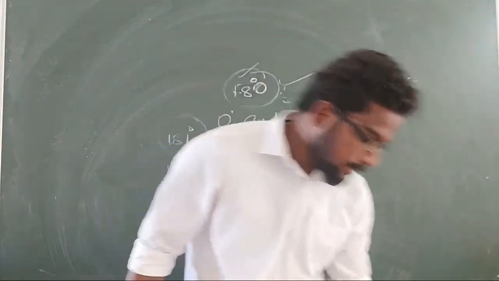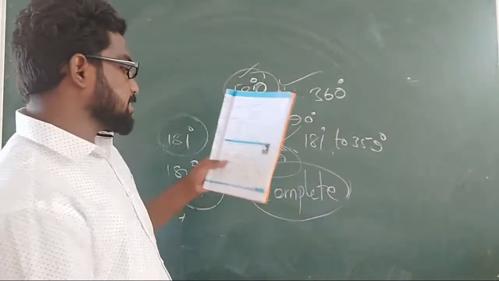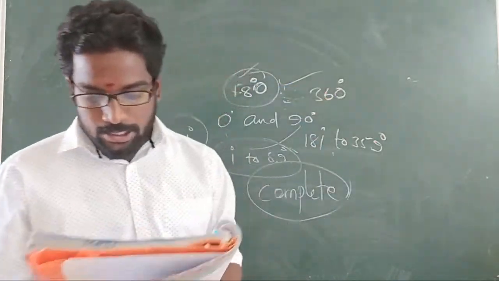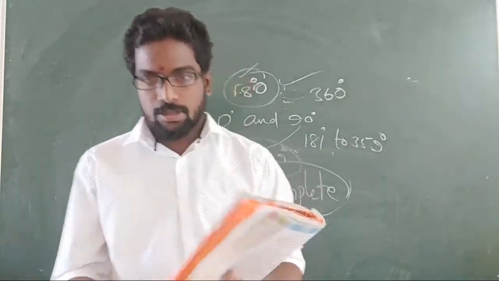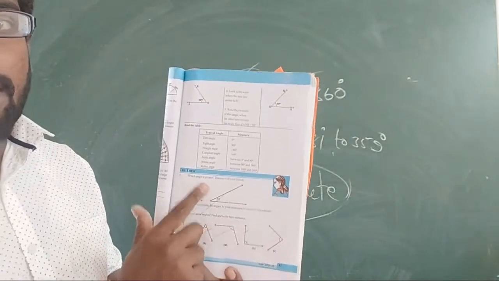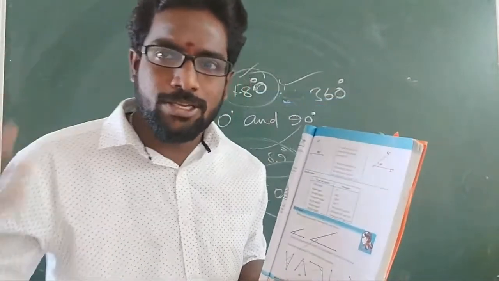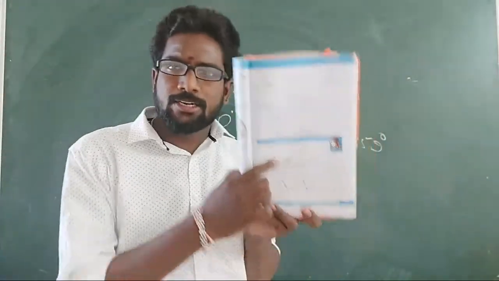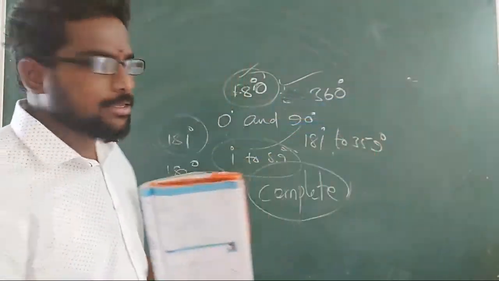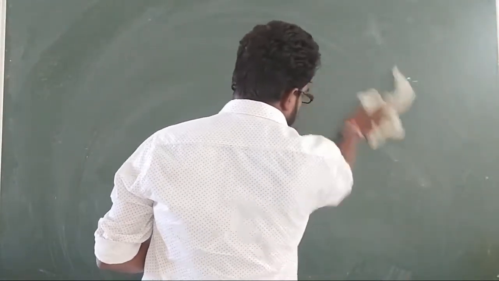Next, Try This. First one: which angle is greater? Discuss with your friend which angle is greater. By measuring the angles, is your estimation correct? Give reasons. Here you have to measure using the protractor and discuss with your friends. If you don't have friends with you right now, discuss with yourself. By using the protractor, just measure it. You know the protractor already. It has 180 degrees marked on it, from 0 to 180 degrees.